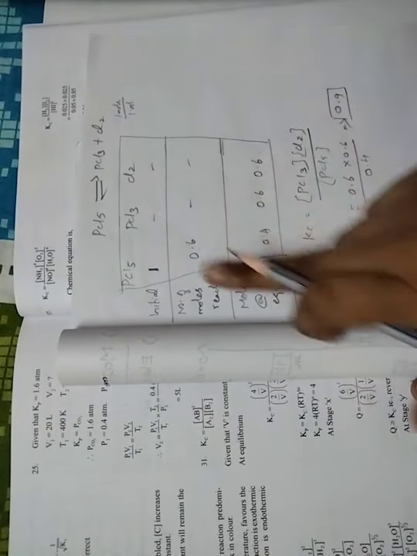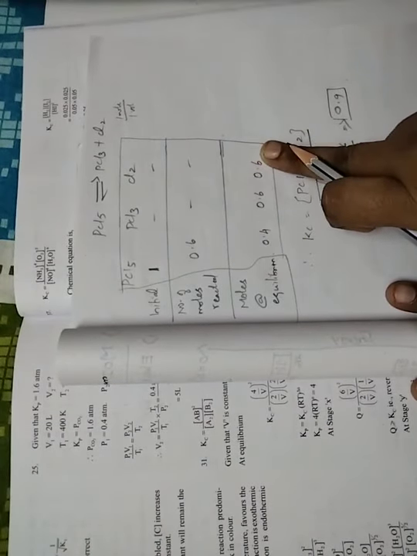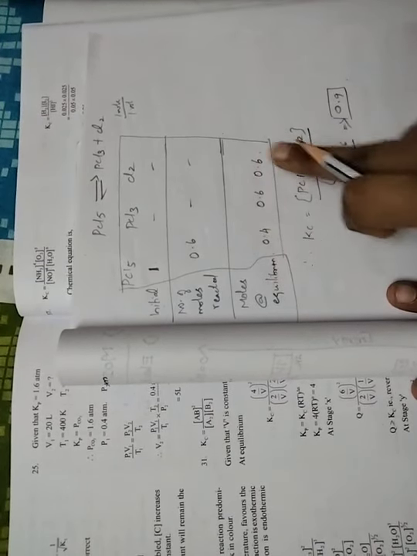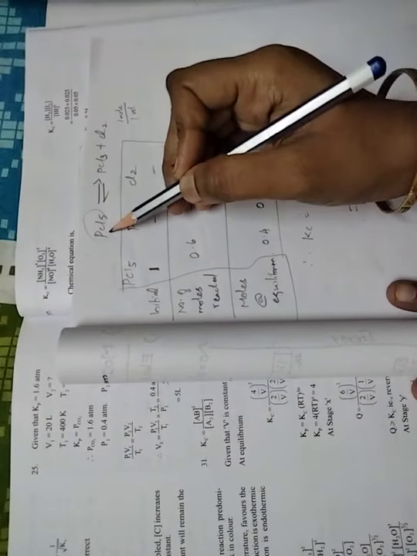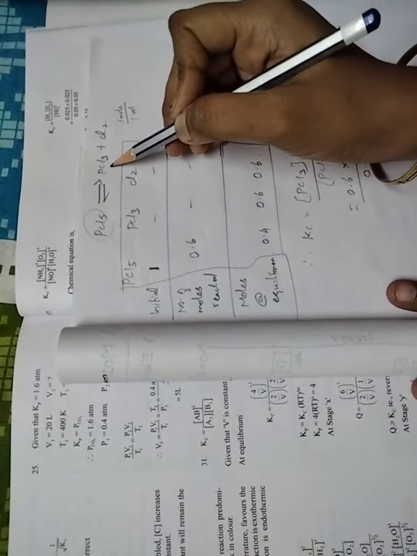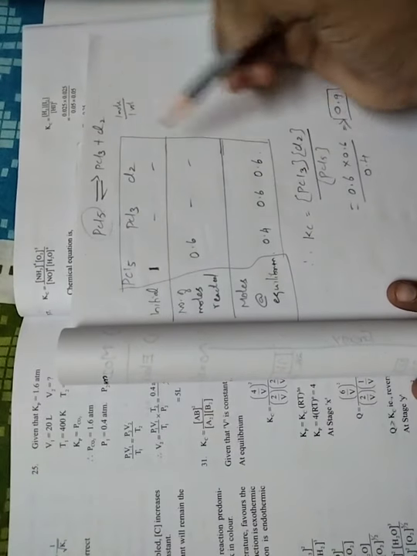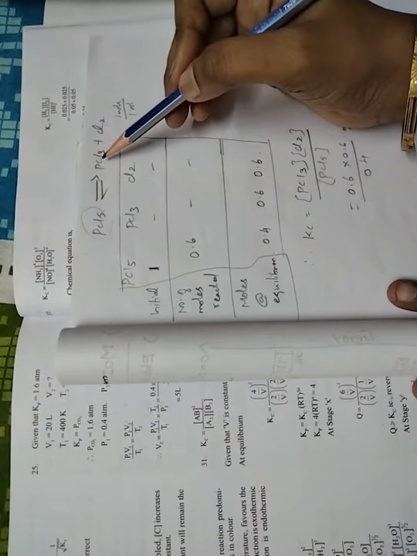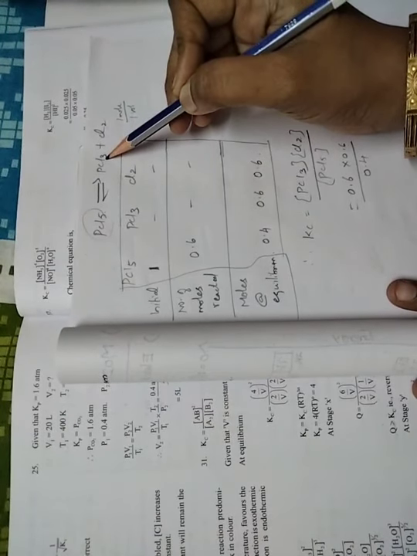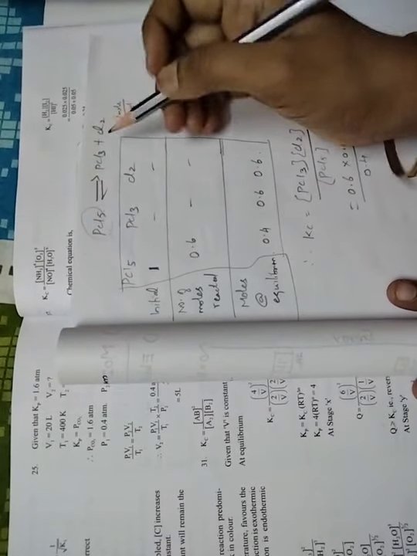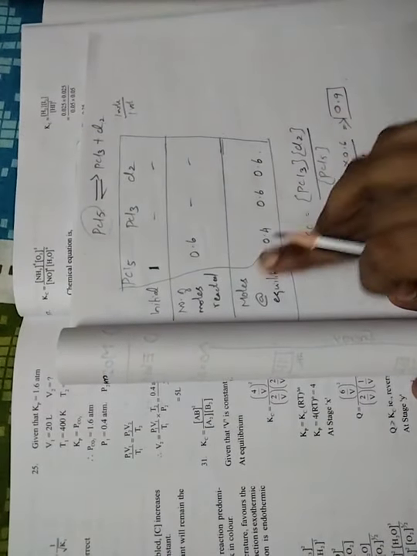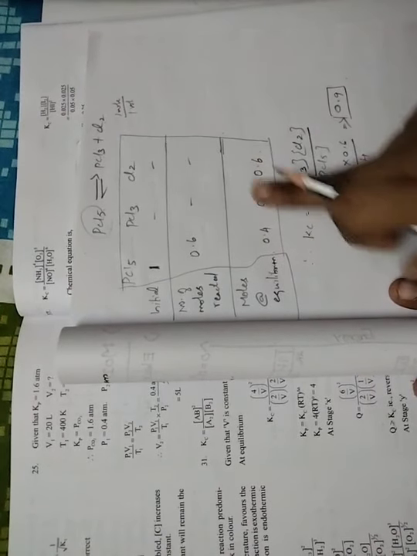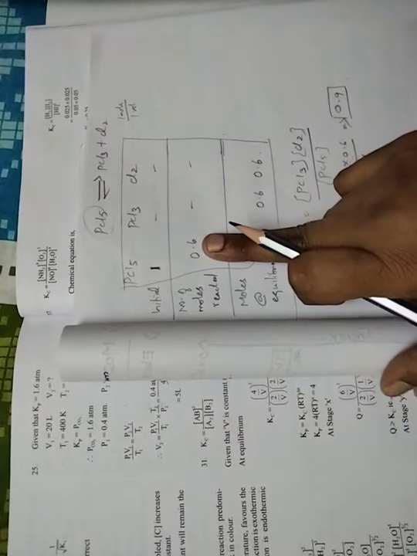So these two things we don't know. One more piece of information is given: 0.6 mole of chlorine gas is present at equilibrium. If 1 mole reacts, it has to give the same 1 mole of PCl3 and 1 mole of Cl2. If 0.6 mole of chlorine is at equilibrium, PCl3 also will be 0.6 mole at equilibrium, so that the thing will happen correctly. So if this is 0.6, this is also 0.6. So we can write moles at equilibrium as 0.6. So if PCl5 has to give these 0.6 moles, it has to react 0.6.